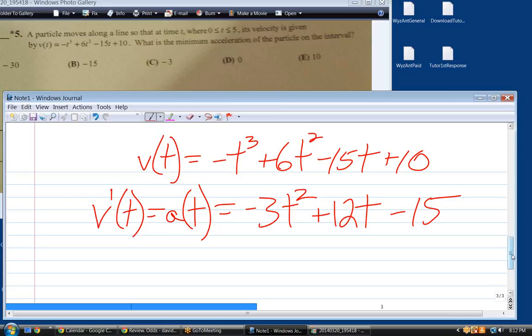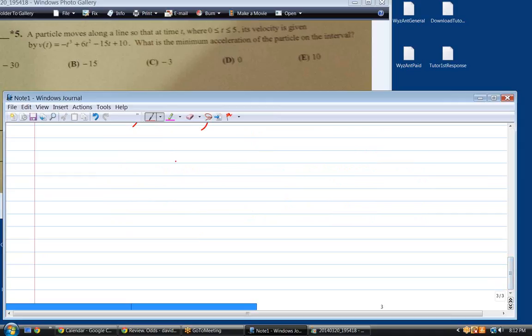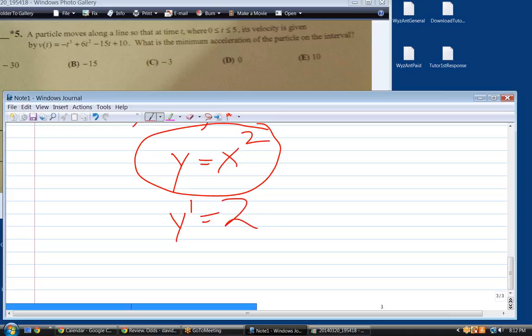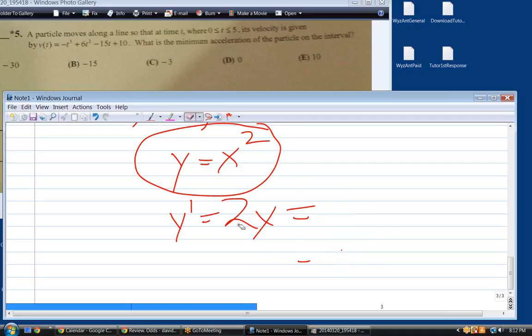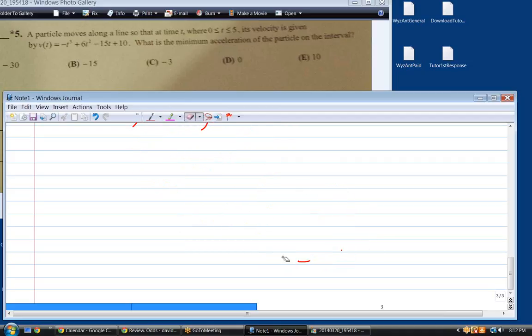If I gave you a function, y equals x squared, and I say, where is the minimum value of that function? You're going to take the first derivative and set it equal to 0 and come up with the minimum occurs at x equals 0. Well, this is the same problem in that they're really asking,